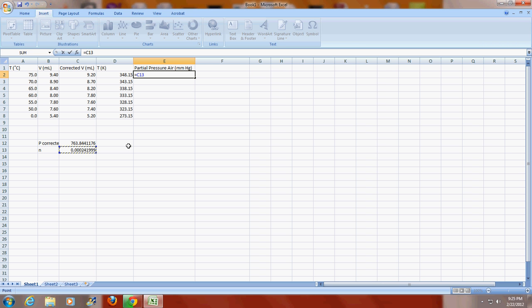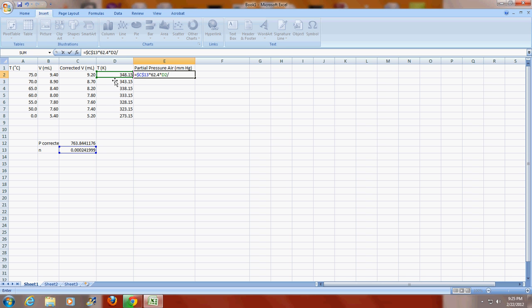And so I'm going to hit F4, which is one of our function keys. And if you're using a Mac, it's Apple T. Okay, Apple T does the same thing. It should look like this. So it should put dollar signs around whichever cell you have your moles in. So that's N times R, which is 62.4, times T, which is the absolute temperature, divided by the